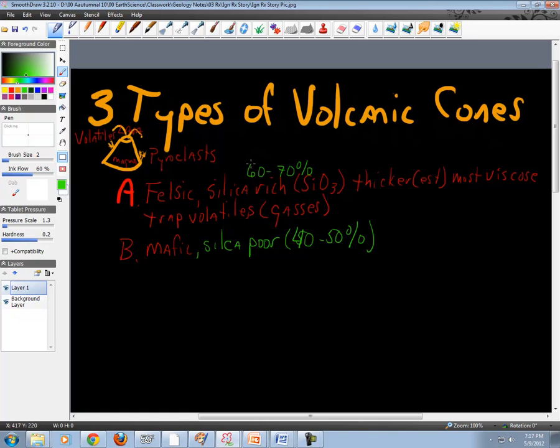So we're not talking very much difference, because silica, oxygen and silicon make up most of the Earth's crust. Whether you are continental rock or crust,